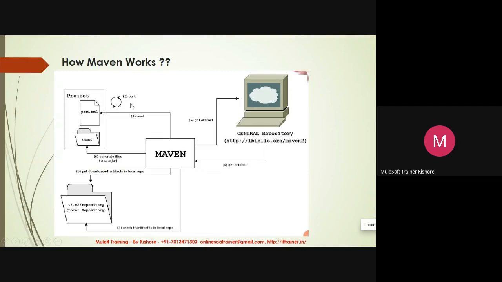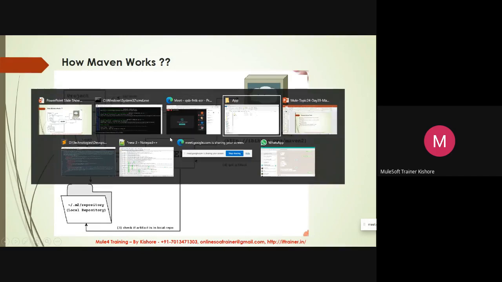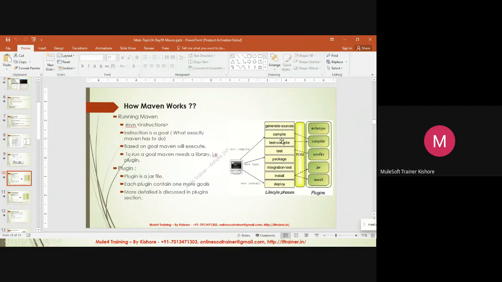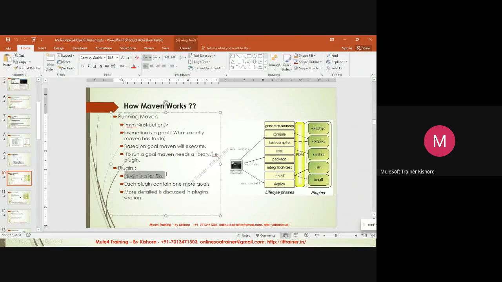When it needs compile, test compile, test, or package, to run a lifecycle goal we need the corresponding plugin. What is a plugin? A jar file. From where should it get that jar file?